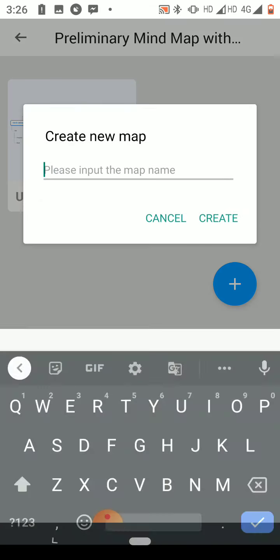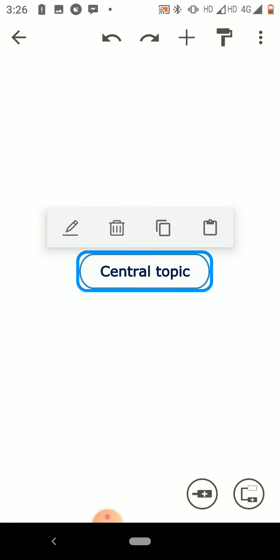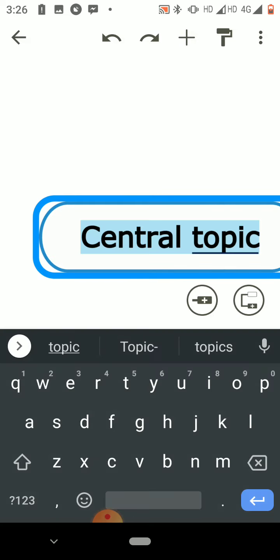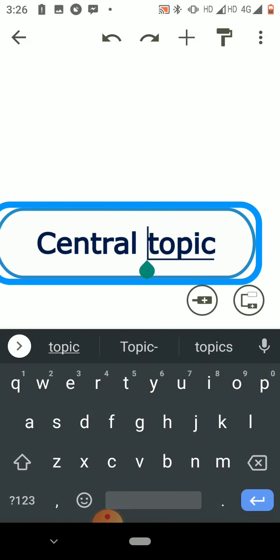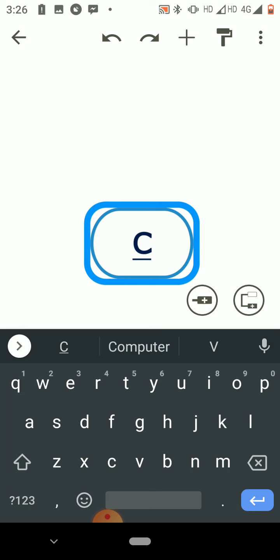Here I choose create a new map. I give my map name. Here I apply the central topic on page number 30.